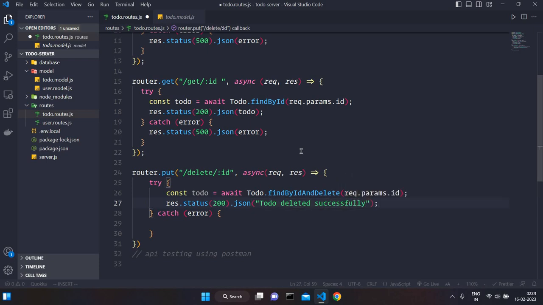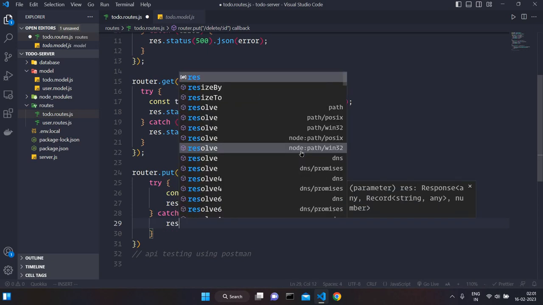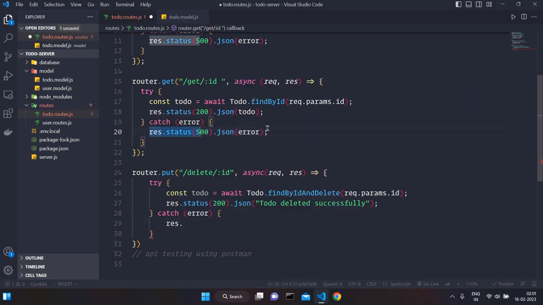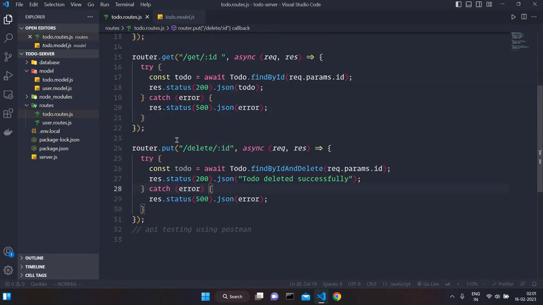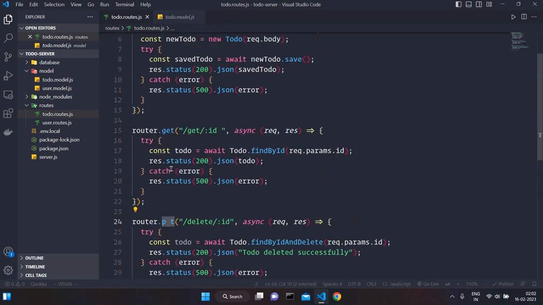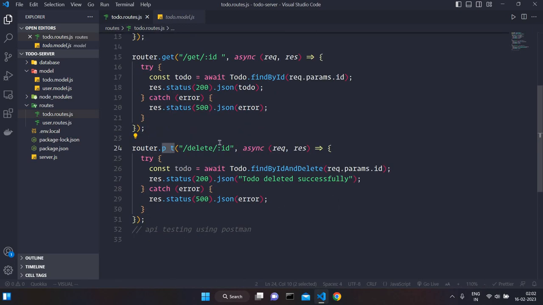Right, we will pass this message, and in the case of failure or error we will pass this line, right? And it will be delete. Okay, I have created delete one instead of complete run. Okay, fine, we can just make it delete,